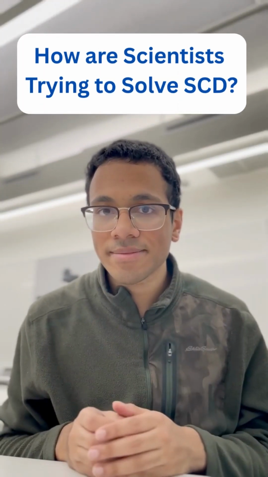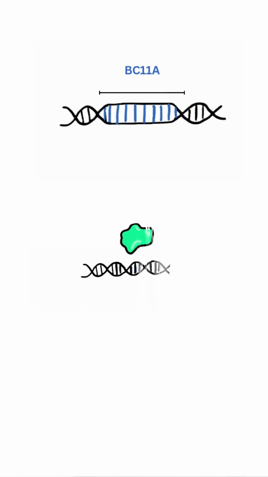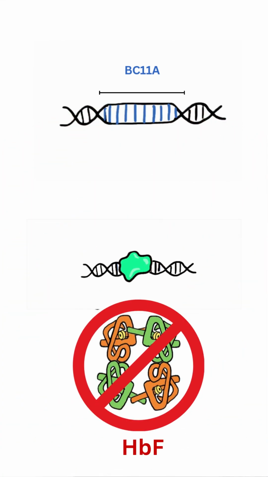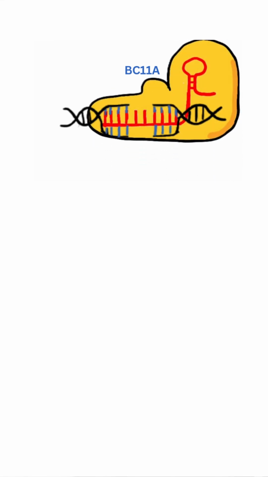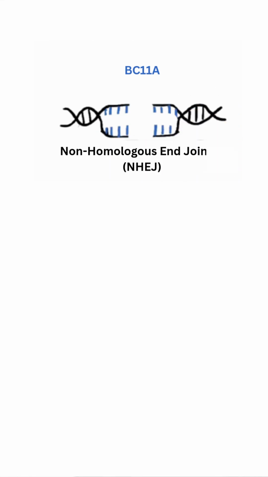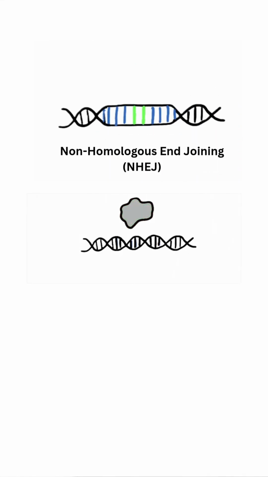Now, what are some ways that scientists are trying to solve sickle cell disease? One promising and creative way that scientists are trying to tackle sickle cell disease is by using CRISPR-Cas9. Some researchers at Harvard have found a gene, BCL11A, that produces a transcription factor that represses the formation of HbF after development. They've used CRISPR-Cas9 and a specific guide RNA complementary to the gene to bind, create a double-strand break, and use non-homologous end joining to create a mutant gene that silences the expression of BCL11A and allows the body